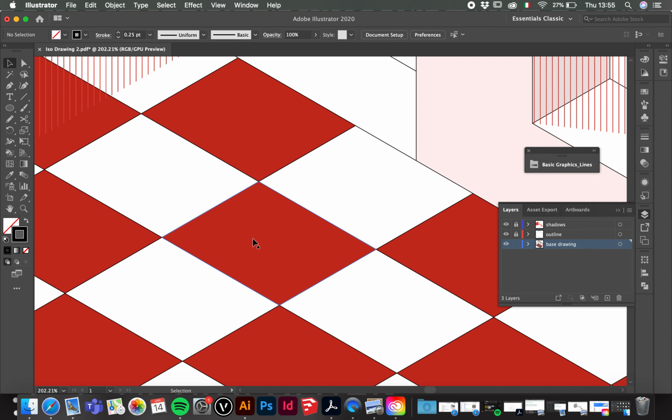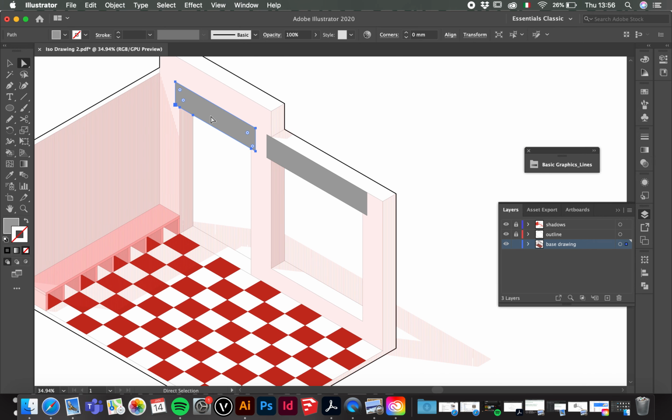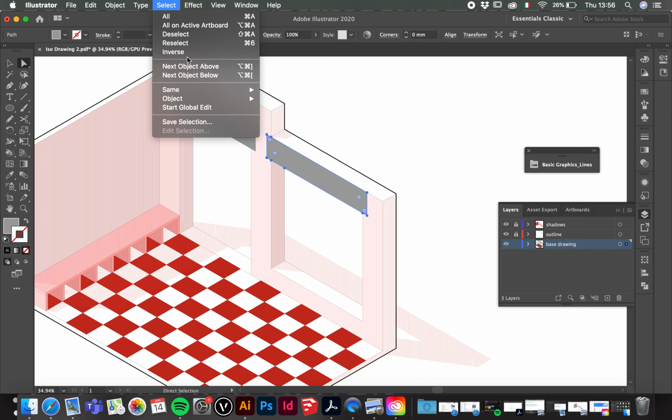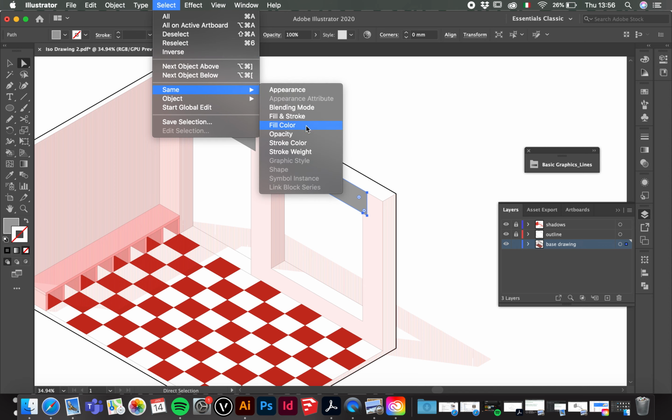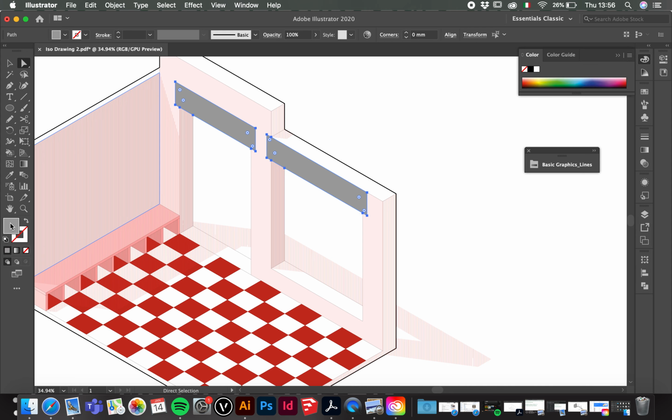But the useful thing is that now all of these shapes are individual. So if you select them with the direct selection tool, you'll see that all of these shapes are now individual and they have their own fill and their own stroke. So if we select these guys now by holding Shift, or by clicking one and doing Select, Same Fill Color, exactly, we can click on the fill and change it to,